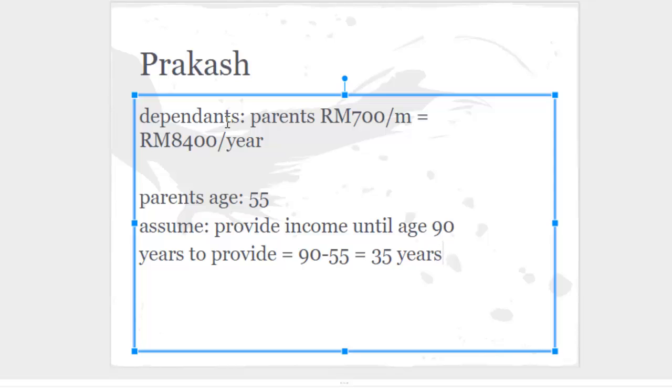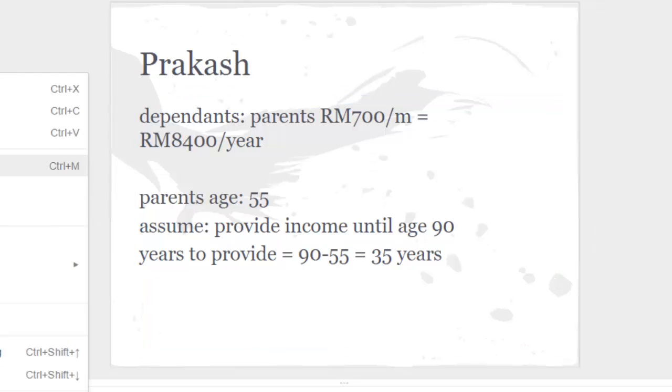And hopefully you want that 700 ringgit to cope with inflation as well. After 35 years, if you are still giving 700 ringgit, that might not be enough because of inflation, money getting smaller, and your parents will not have enough money to spend. So you want to have that covered as well. Another thing, when we calculate this, we also need to know the inflation rate and the return rate. So okay, let's get to the next. I'm going to make another new slide.